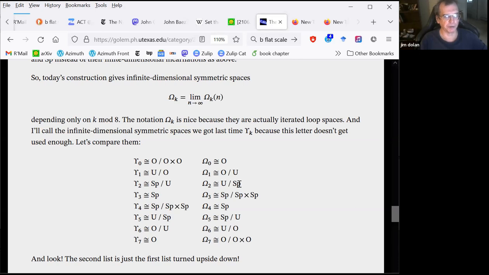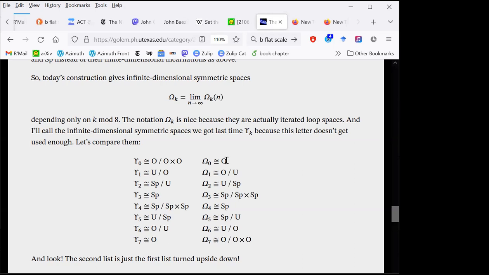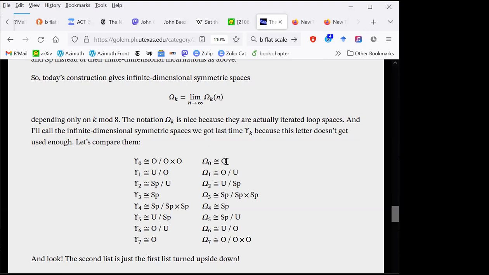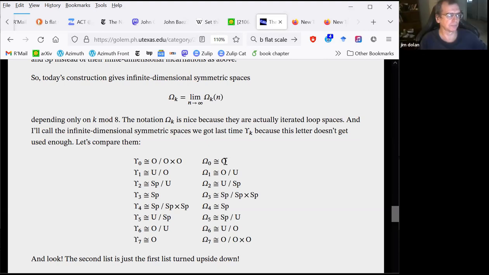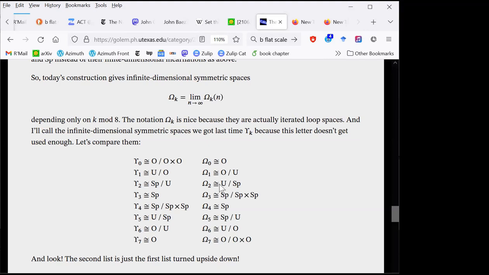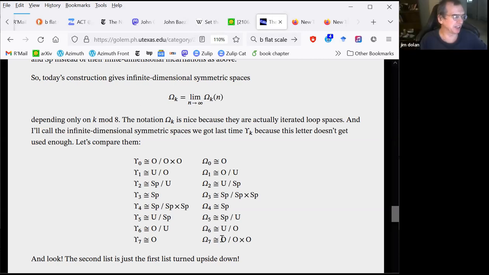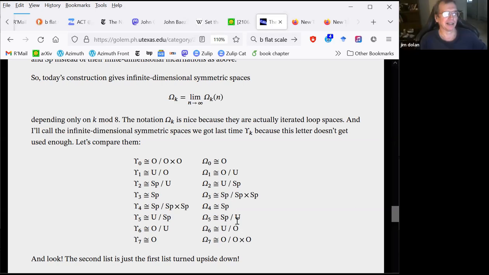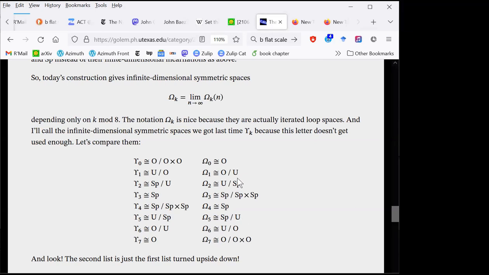Why some of these are infinite loop spaces rather than just loop spaces, but keep going. Yes. Well, it's not obvious necessarily that they all are, but we start with one of them, like O infinity, and then we keep taking its loop space, and we get spaces that are homotopy equivalent to these ones going down the line here. Okay, right. As soon as you have one infinite loop space, you have a whole bunch of others. Yeah. The non-obvious part is why they work out to be this. If I just handed you SP mod U, you might not know it was an infinite loop space. Yeah. So this thing keeps cycling around.